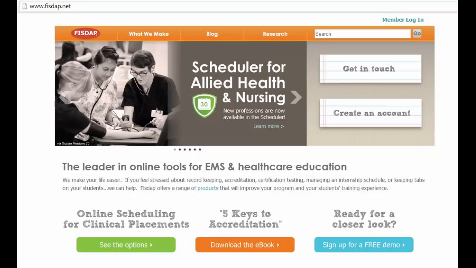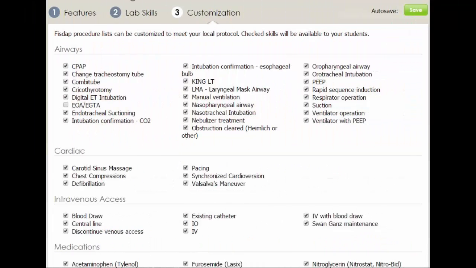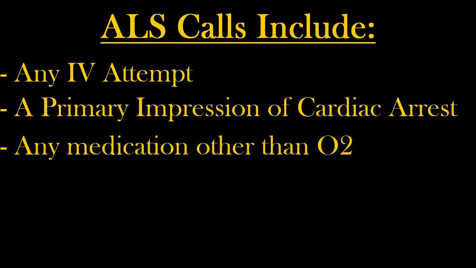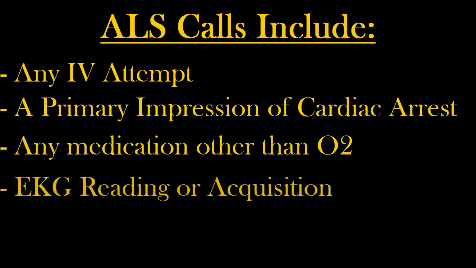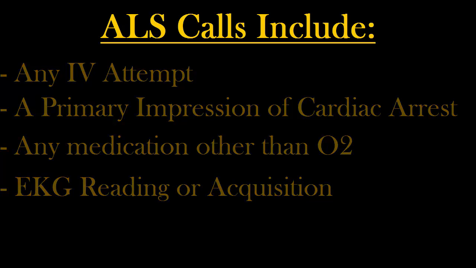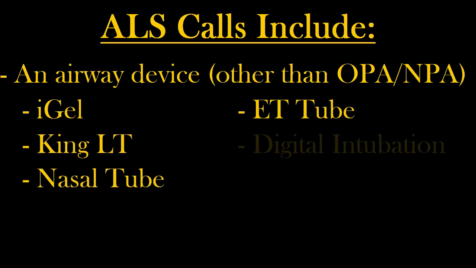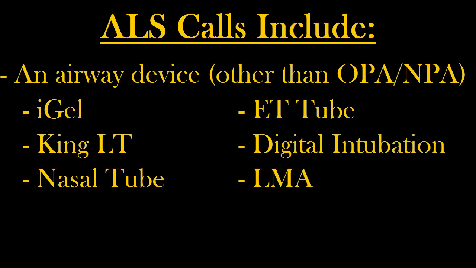It helps us meet our required objectives for program accreditation, and it cuts back on papers that could get lost or damaged. With that said, the items that are recognized in FSDAP to be ALS calls, and therefore what our program has adopted as an ALS call, include the following: any IV attempt, a primary impression of cardiac arrest, any medication administration other than oxygen, EKG reading or acquisition, any airway device placement other than an OPA or an NPA, and that could include an iGel, a King airway, nasotracheal or endotracheal intubation, digital intubation, LMA, or any other device